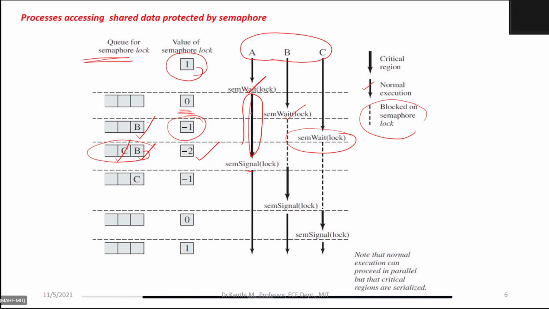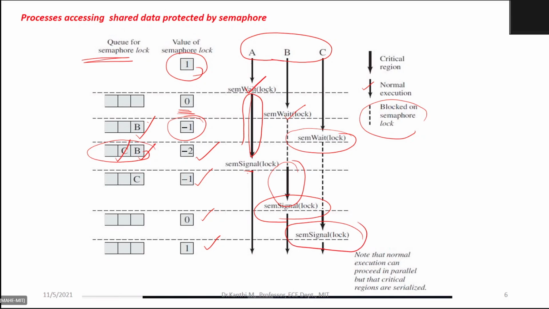Critical section in this sense means it needs some resources common among the processes. So when it releases this, it will become -1, and the process B can try to make use of it, and by the time it will become 0 and then 1. So it will initiate the sem signal and then the next process in the queue.